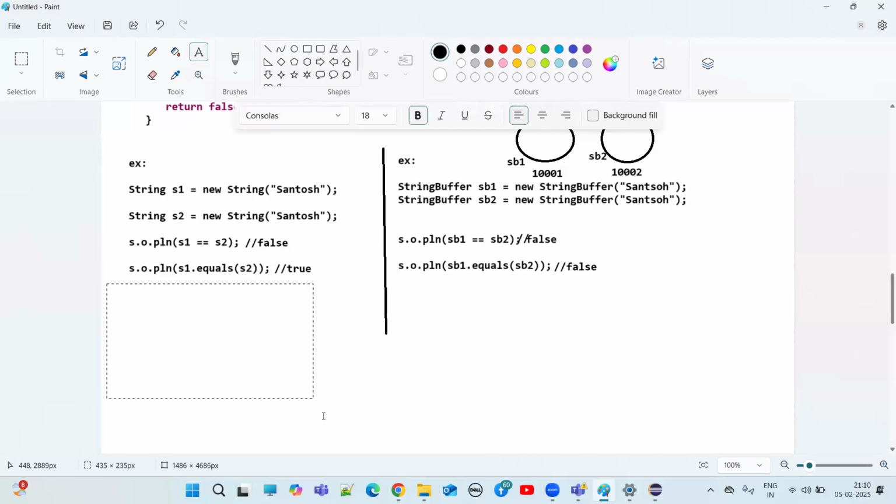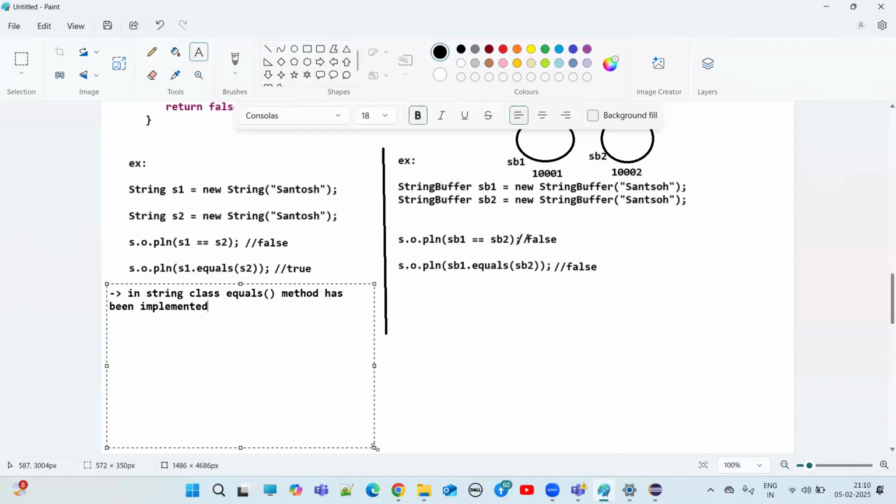Let me write that point. In the String class, the equals method has been implemented for content comparison. Okay? Content comparison, right? Content comparison. Okay? So hence,